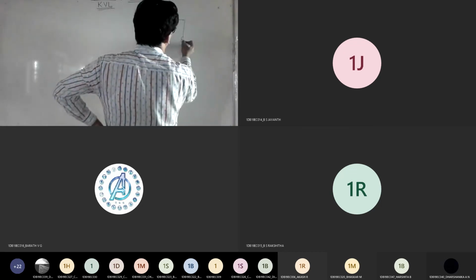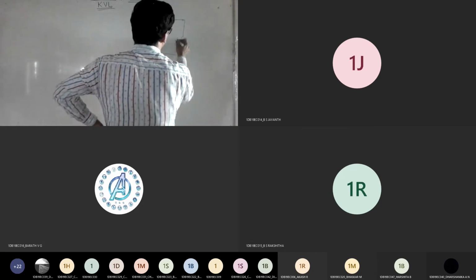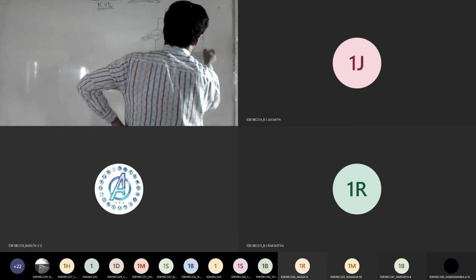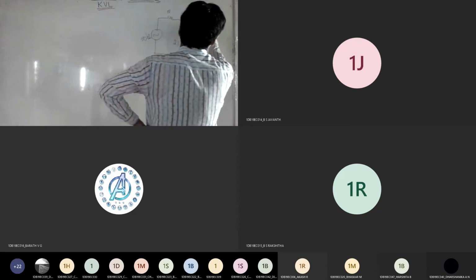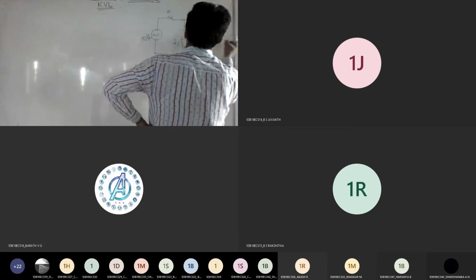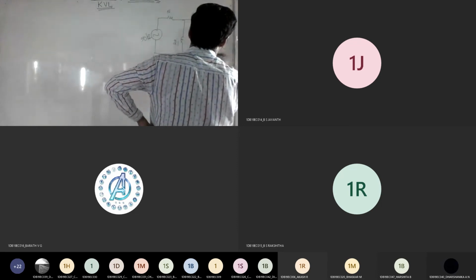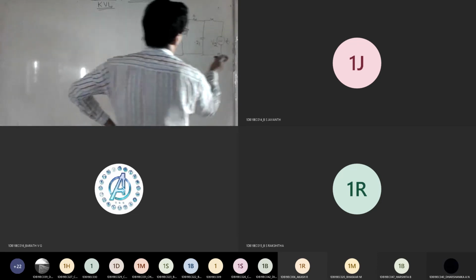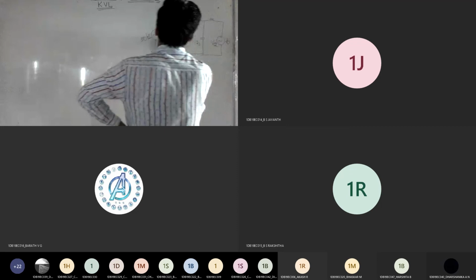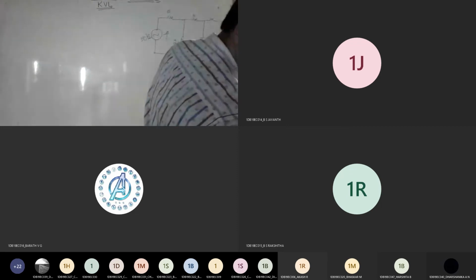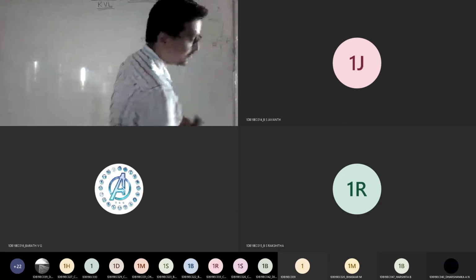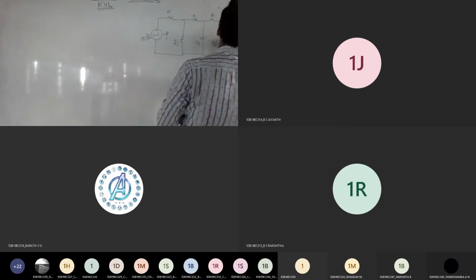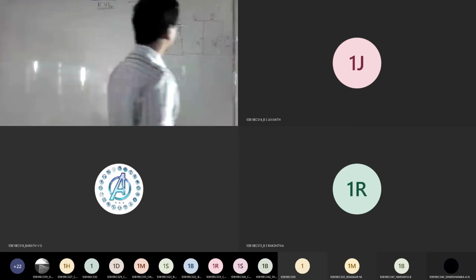This is 5, and there is an inductor of 2j. So 4 ohm followed by a capacitor of minus 2j, and one more resistor with your value. So they have asked you to find V2 now. Look at the question carefully. What is the last resistor value? 2. Okay, so this is what they have given.